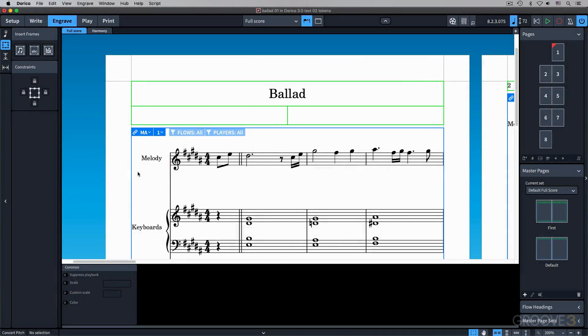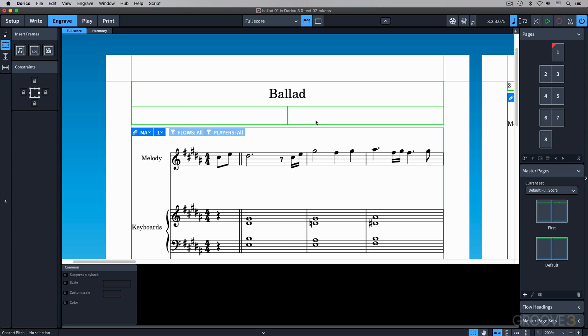In this video on Dorico 3.0, we're going to be talking about text, in particular tokens, and these have been greatly improved in this version of Dorico. To work with tokens, you need to have text in a text frame. I'm in Engrave mode right now. You can see my green boxes represent text frames, so I can either edit text or add text in here